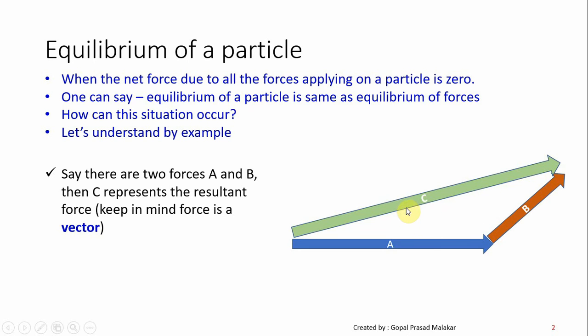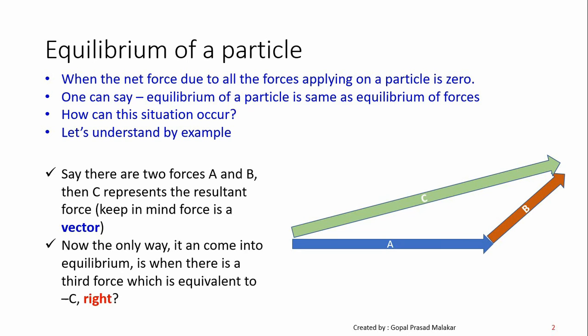So how can you have a situation when you have two forces A and B, and a third force comes and actually cancels out the whole impact? It can only happen when another force D is just equivalent to minus C, because in that case whatever A and B is putting in this direction will get cancelled because of this force. So the only way, when you have two forces A and B, the net impact can be zero is when there is another force D which is just equivalent to minus C, because then whatever A plus B has given you, D cancels it.